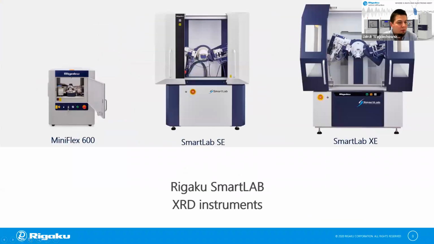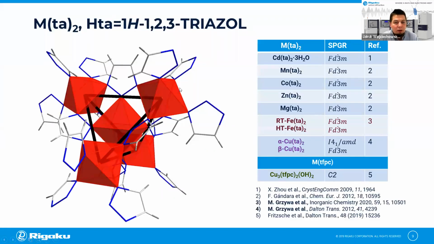And of course, Rigaku also has a branch of XRD instruments. Here I'm showing the three that will appear in this talk: the benchtop MiniFlex, SmartLab SE, and SmartLab XE. Most of the talk today will focus around